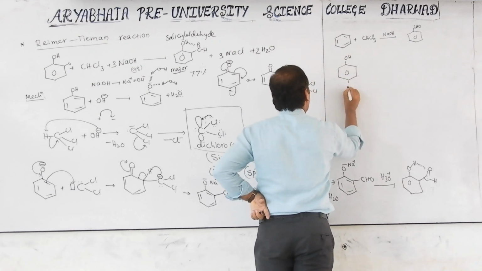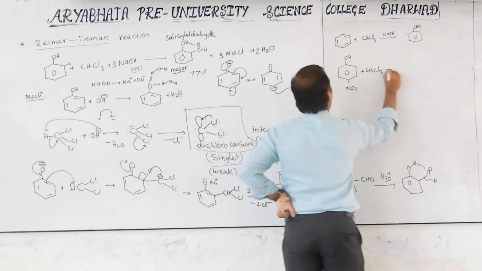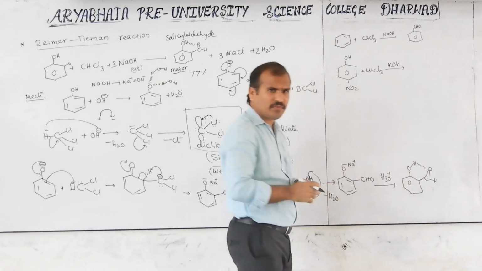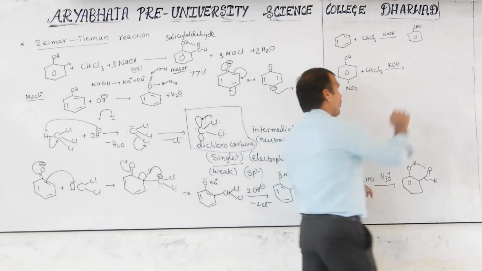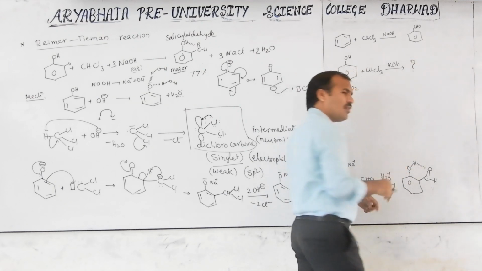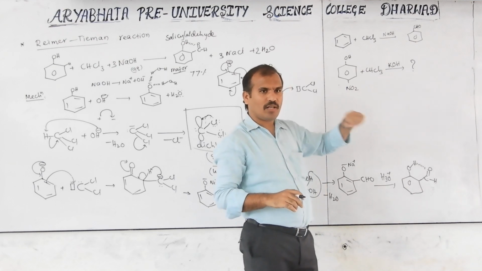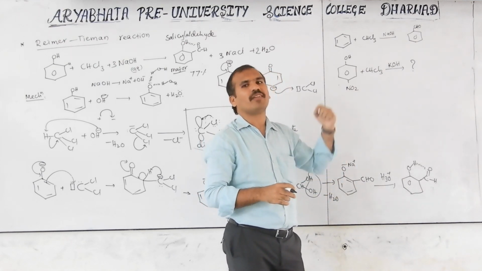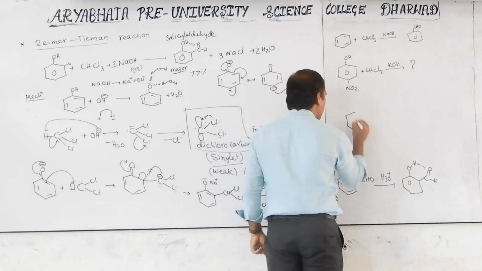OH, NO2, CHCl3. Here you can take KOH also, NaOH also, that depends upon you. Okay, here no problem. Then what is the product formed? Whether the reaction occurs or not, that also you have to decide. If it occurs, write the product. If not, give the reason. This is the question. Next,